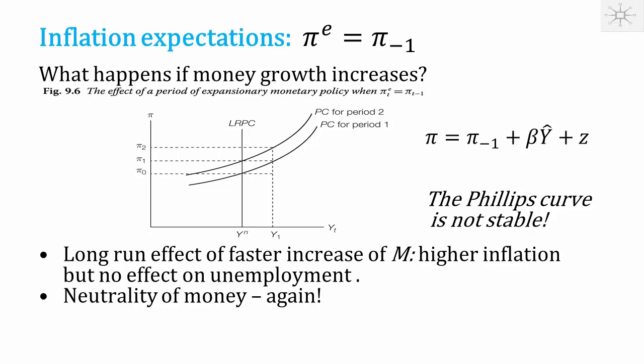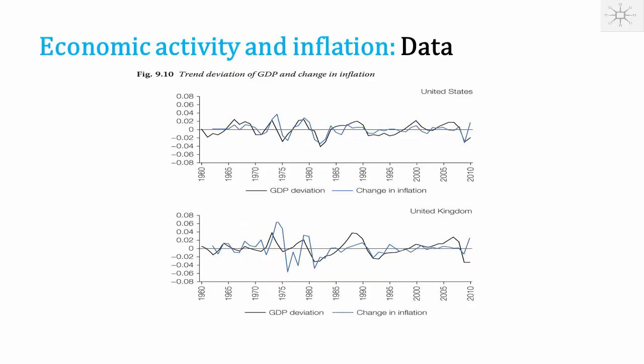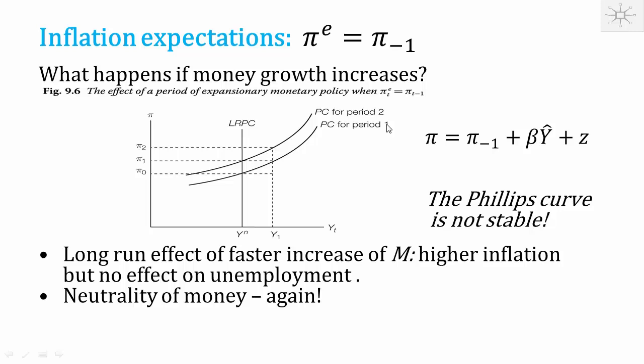It will not affect employment and production, which is the feature that we had when we looked at the real side in the long run in chapters 2 to 7. You will understand this in more detail when you study this chapter. And there's also in this chapter some discussion of the data, what it looks like. If you look at the United States here, for example, this shows deviation from trend in GDP and the change in inflation. So this graph corresponds really to this